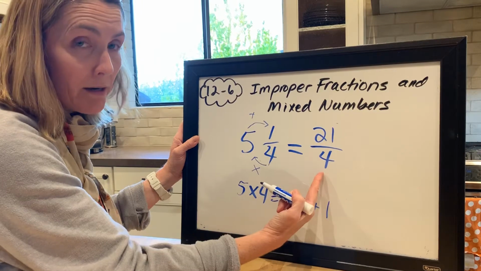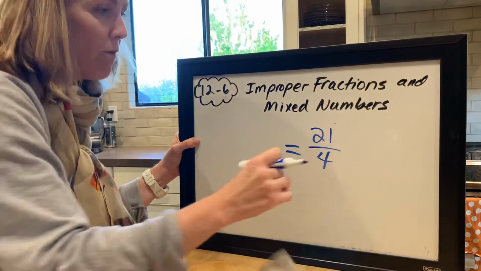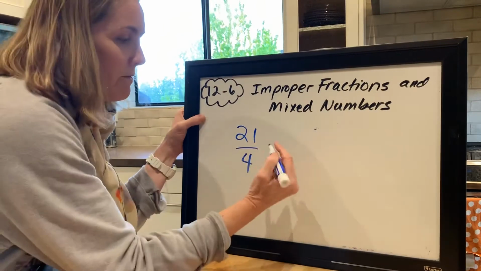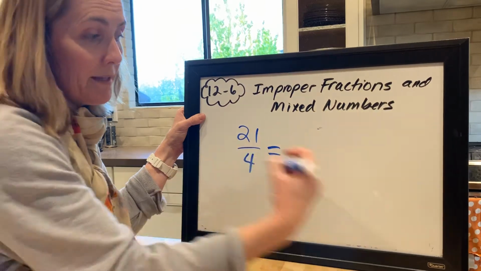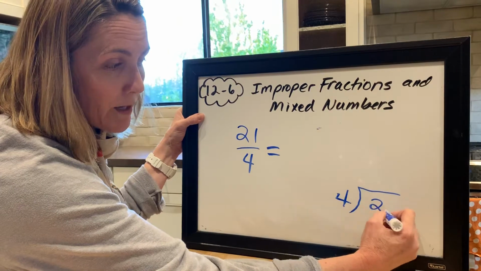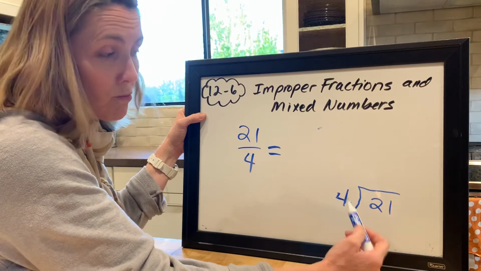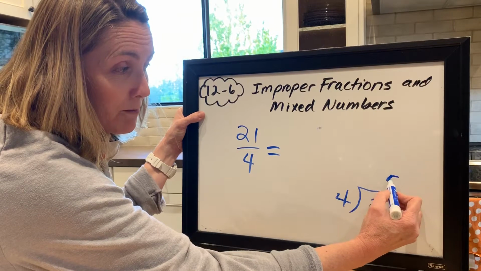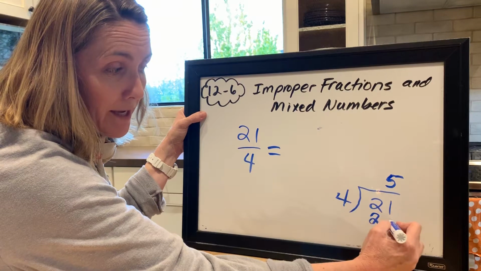You can take it apart again. So let's just say we were given 21/4. I'll put that over here because it's easier to work from left to right. 21/4, and they say, okay, what is this as a mixed number? So it's a division problem. And there's our special little way we do it here. So go 4 on the outside, divided by 21. And we've talked a lot about compatible numbers. We know that 21 is not compatible with 4, but we do know something that is close. And we can think of the multiplication factor of 5 times 4, which is 20, and